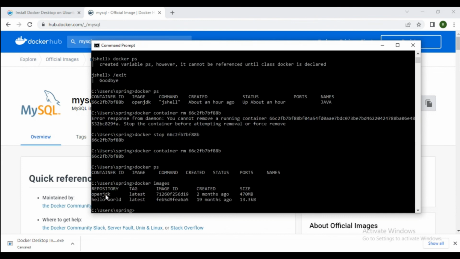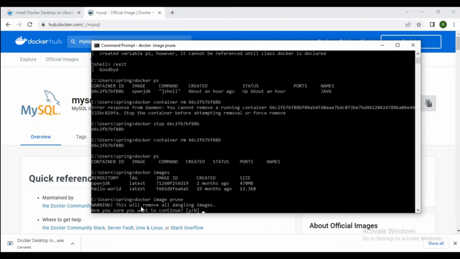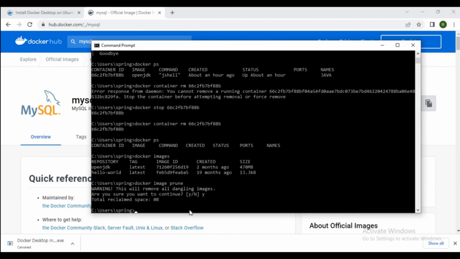So first is OpenJDK and second is hello world. These two images are available inside Docker. So remove or delete the images by using the command docker image prune. Are you sure you want to continue? Yes. So by using this command, the images are removed successfully from Docker.